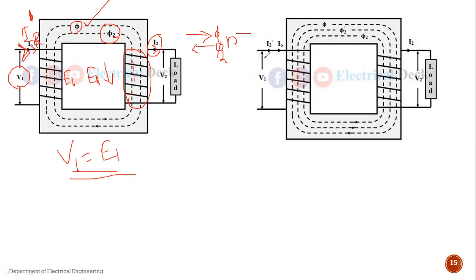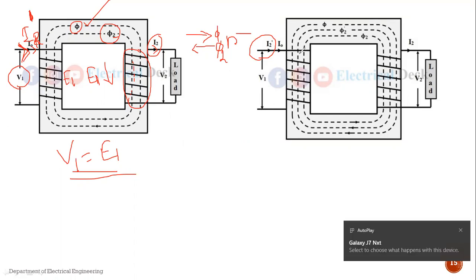See here in this figure shown, that is I2 dash, it will be taken from the supply, that is additional current. When the additional current flows from this coil, due to that additional current, again this additional current will set up some flux in the core. हा additional current ज्यावेळेस primary मधून flow होईल,